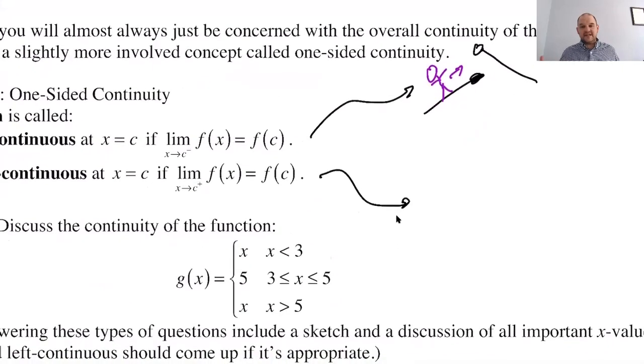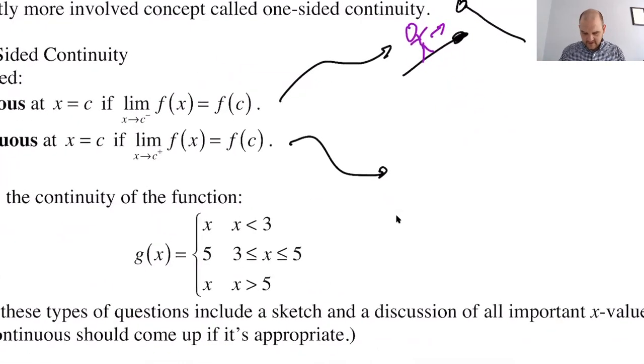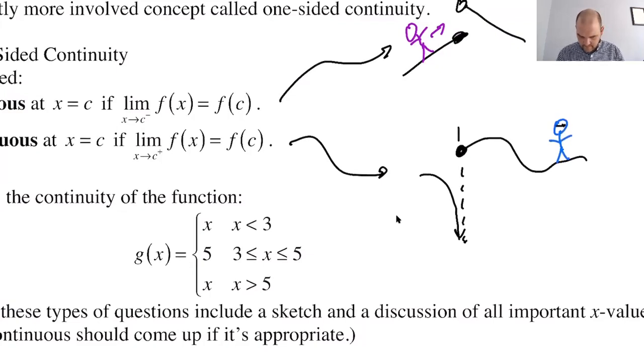Right continuous is the exact opposite. A person walking from the right to the left gets what they expect. So a graph for that could actually look like, let's be more exciting, right? Could look like this. So the person who's walking from the right toward the left, and usually I blindfold them,